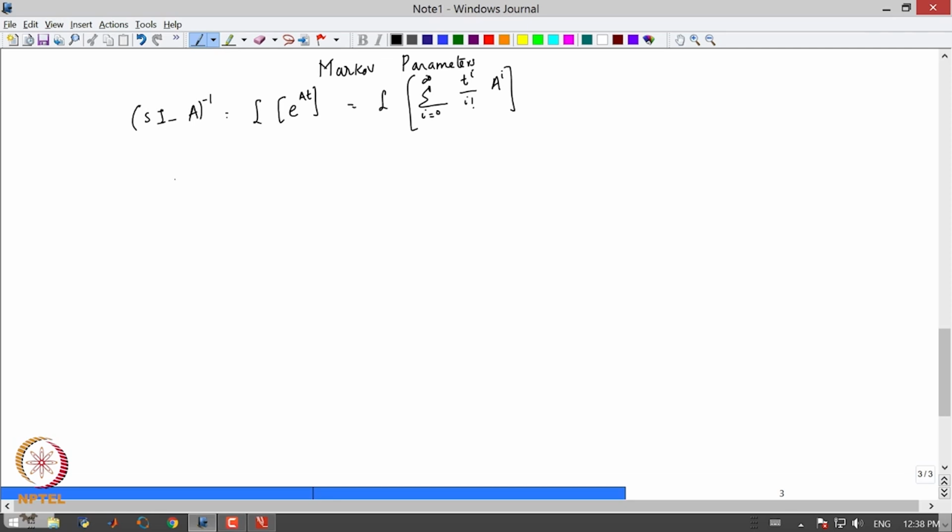Now, the Laplace transform of t^i by i factorial is s to the power minus i plus 1. I think you should be able to derive this, and therefore,